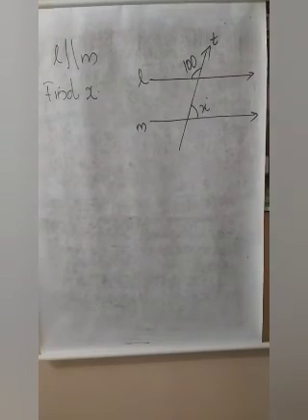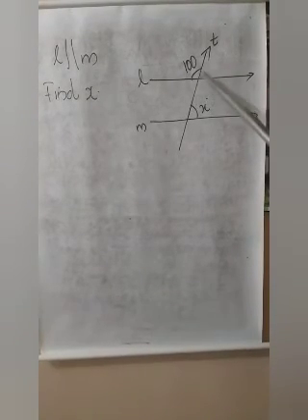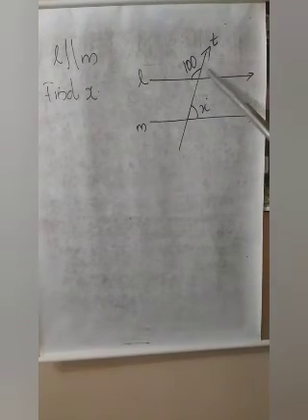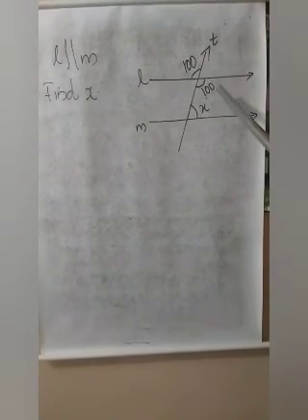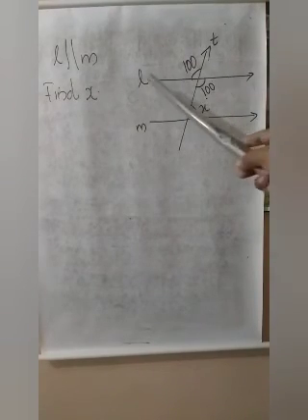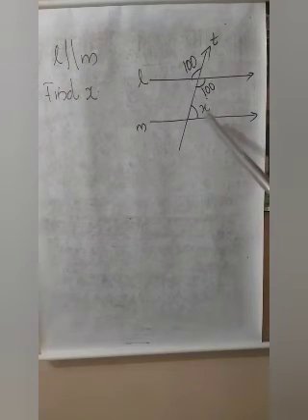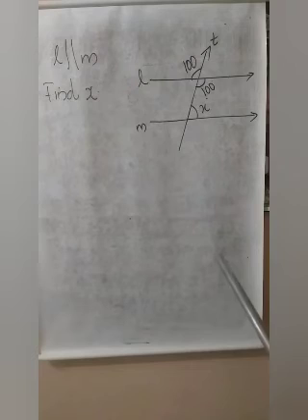Why am I using that? Because if this angle is 100, what is the value of this angle? It is also 100. What is the reason? They are vertically opposite angles. So, I have the value of this angle as 100. Now I have this angle as 100 and here X. Now I can find a relation between these two angles. Since the lines L and M are parallel, we know the interior angles on the same side of the transversal will be supplementary. That means X plus 100 should be equal to 180 degrees. From that, I can find the value of X.